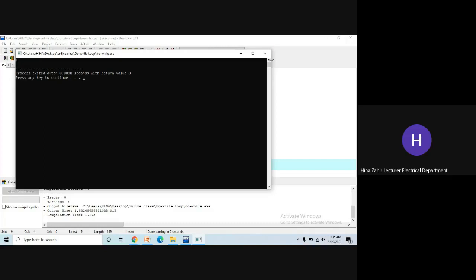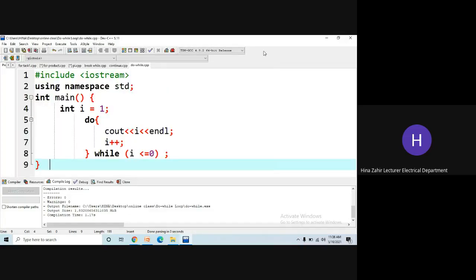If it was a while loop it would not run even one time. But because it's a do while loop it will still run one time, because the thing is done first and then the condition is checked. And if you see, the while condition inside the parenthesis is always confusing students. So even for decrementing, for incrementing, that's why people always prefer for loop. Even in my personal opinion, I like for loops better than while loops.